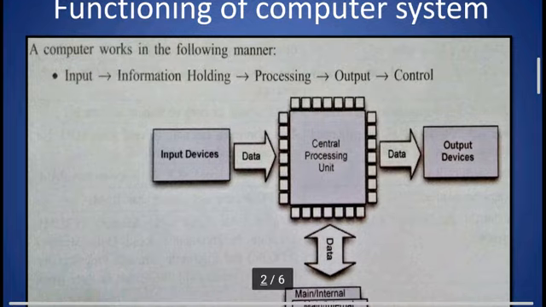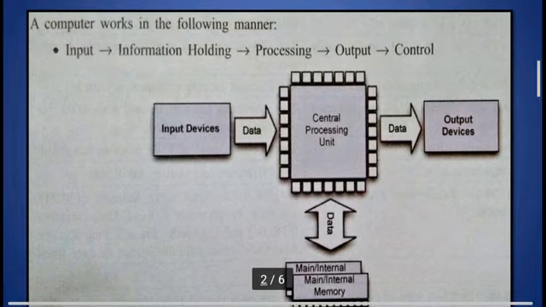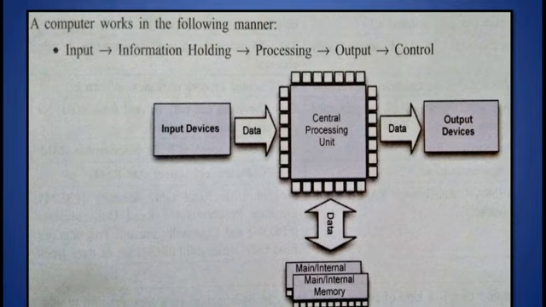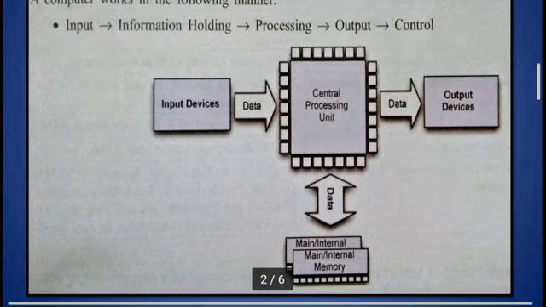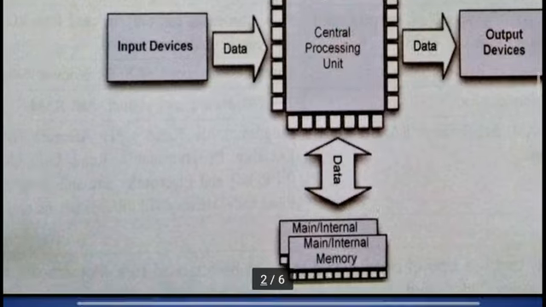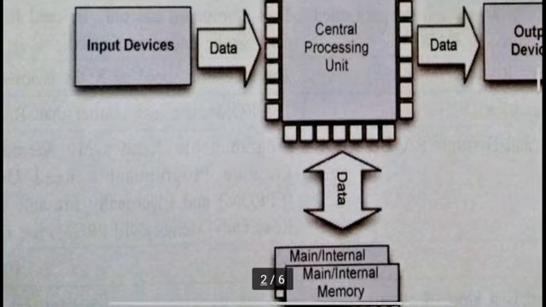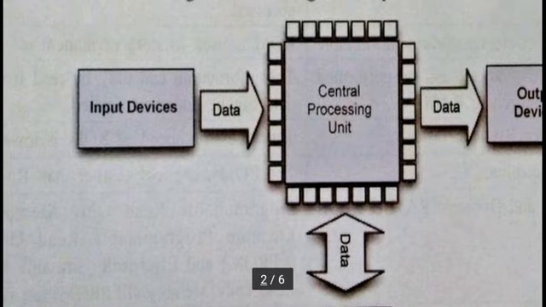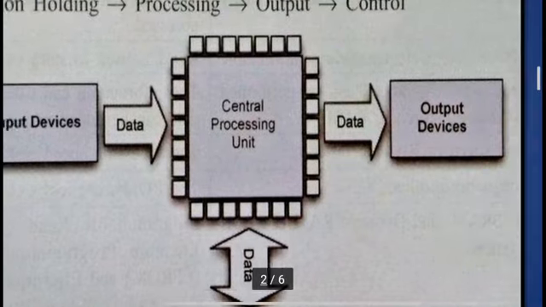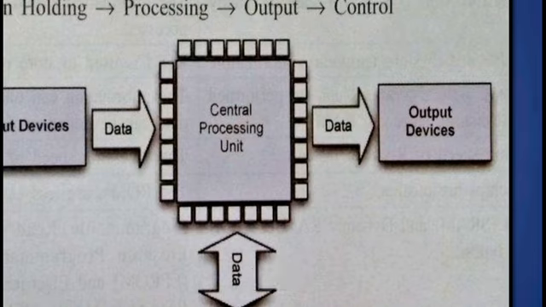You can see the same thing in this diagram. First is the input device, where we can use data. Then in hardware, for processing we use the central processing unit, and then we transfer our data to the computer memory. In main memory we hold our data in RAM, and after processing the data comes again to the central processing unit, or is transferred to the output device. So we can say inputting, processing and outputting.